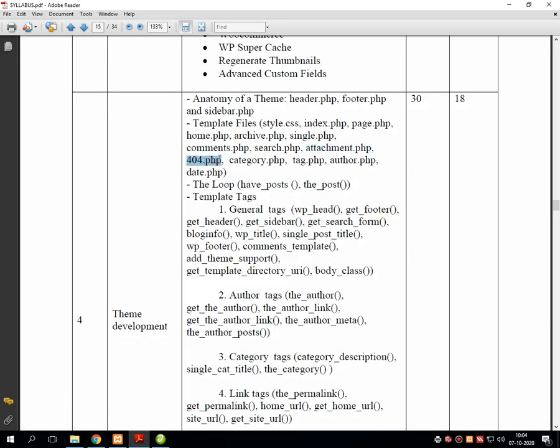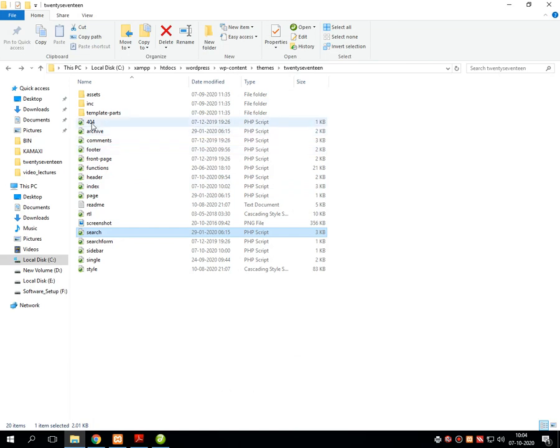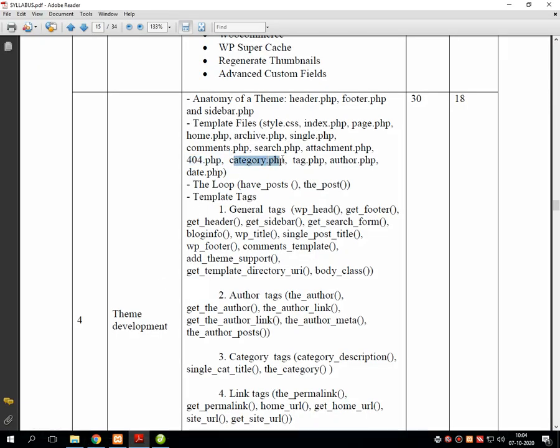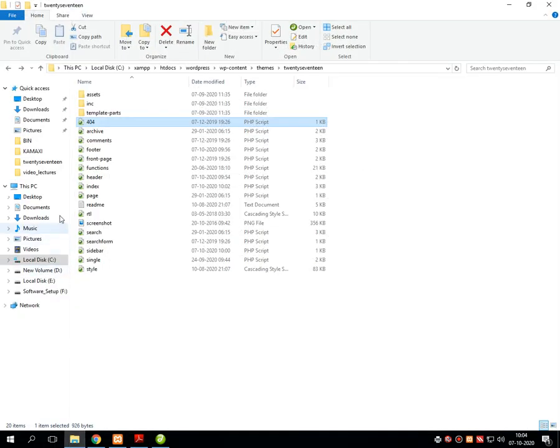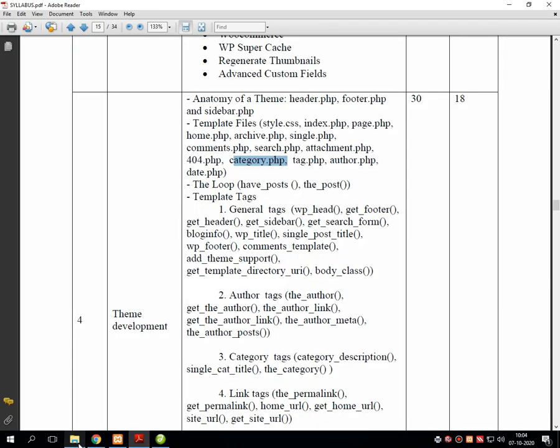Then 404, it's common for all the themes, it should be there. Then category.php, it's not there because we are not maintaining any categories. For this we need to download another theme.